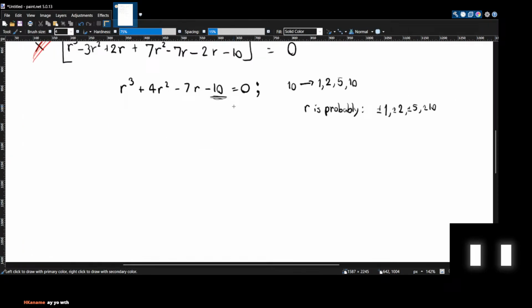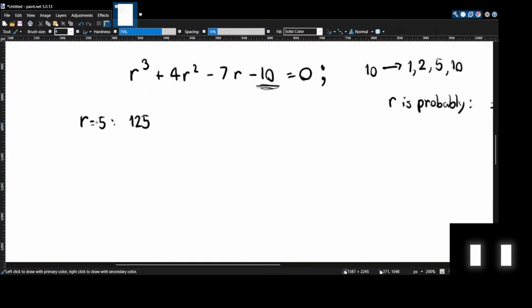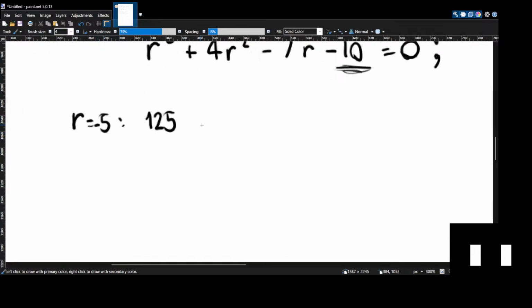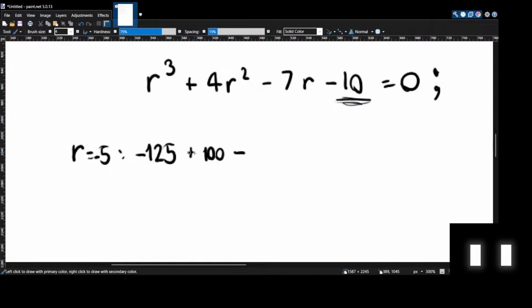So let's try that again. If I plug in r equals 1 here, it's going to be 1 plus 4, which becomes 5. Nope, that doesn't work. If r equals 5, what we have is 125. Nope. If r is negative 5, we're going to have negative 125 plus 100, no, this will be plus 35